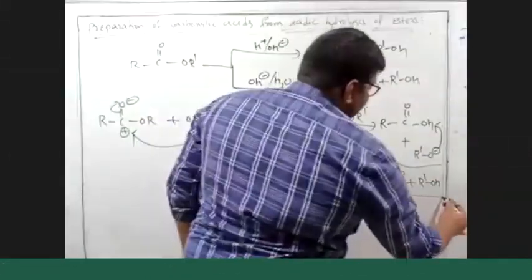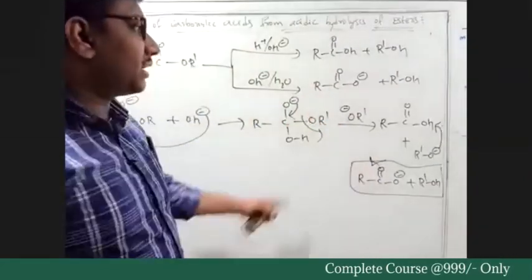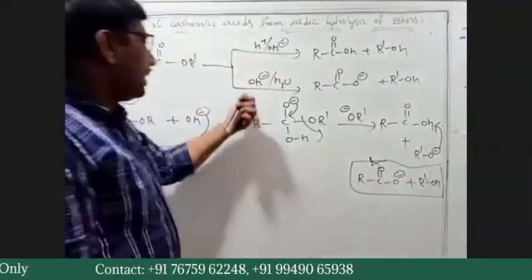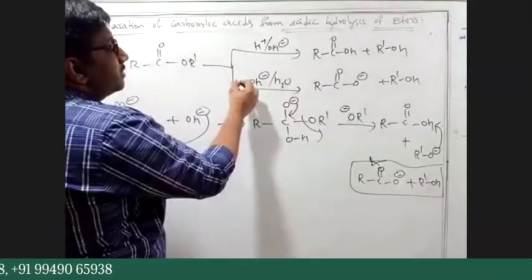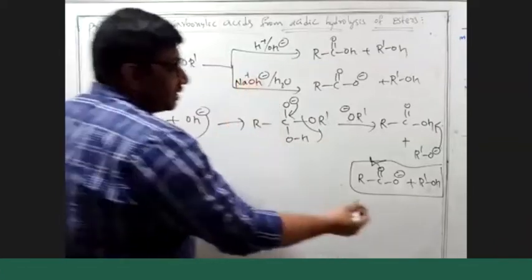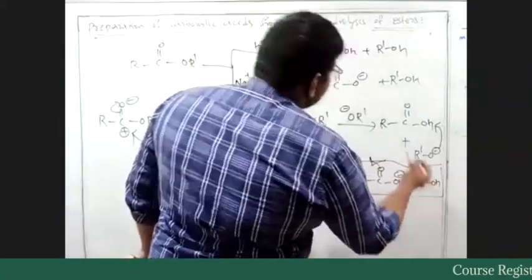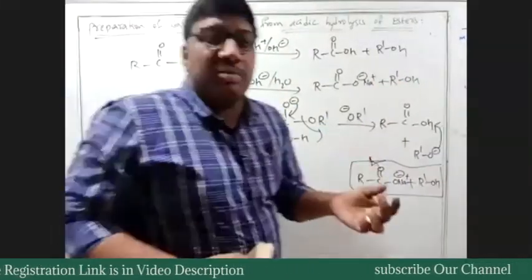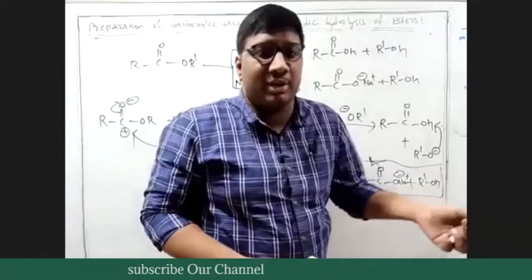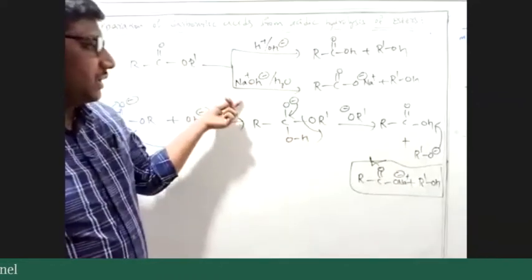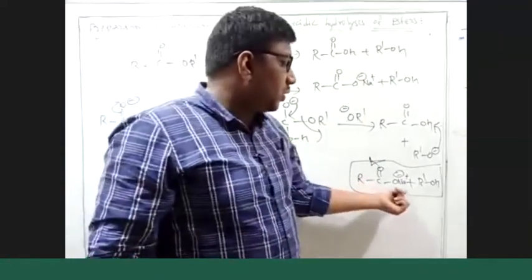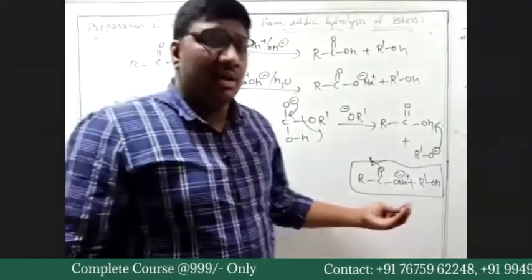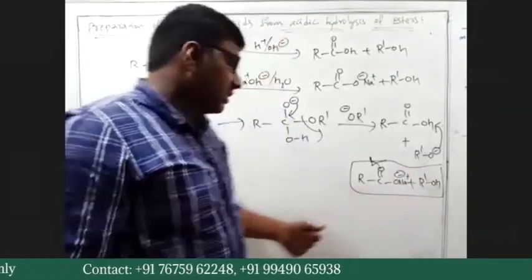If you look at the set, it is the same set that we have written here: RC double bond O minus plus R'OH. We cannot get OH minus simply. If you have NaOH, Na plus can be written here. We cannot have a pure ion like OH minus; we should get the ion from an ionic compound, right? So with NaOH, we get RC double bond O minus Na plus, sodium carboxylate. Sodium carboxylate will be our product.